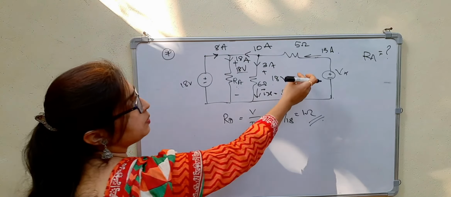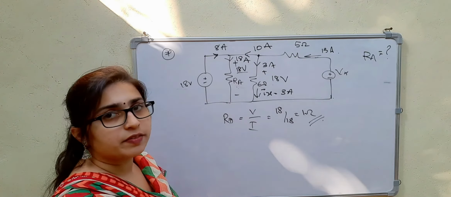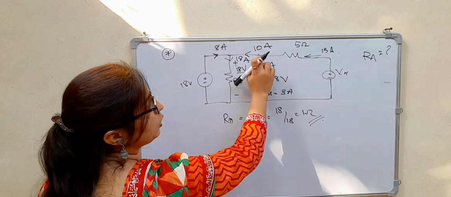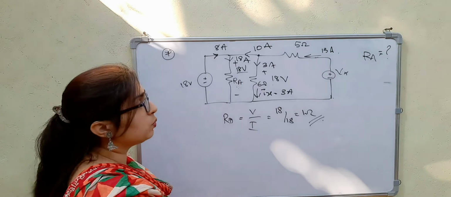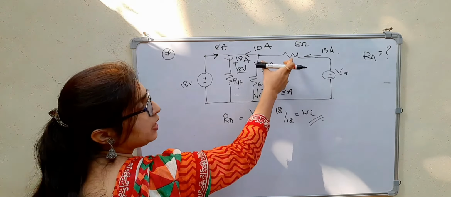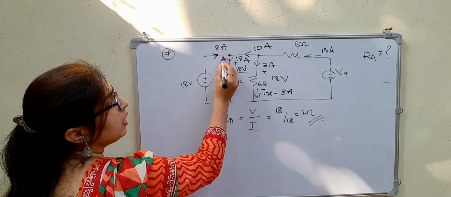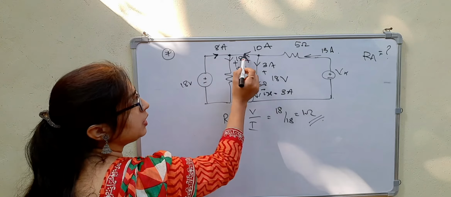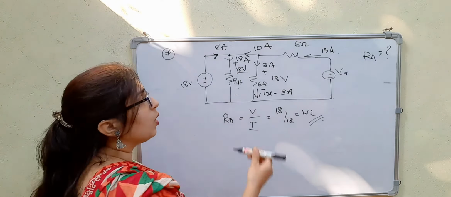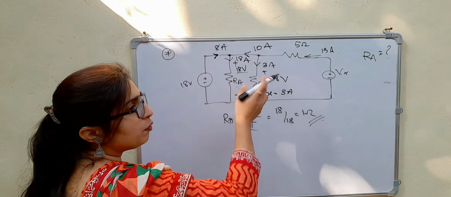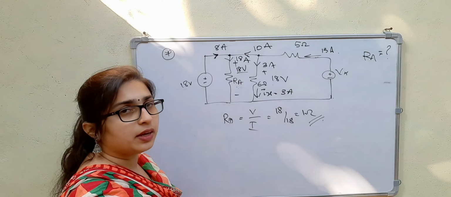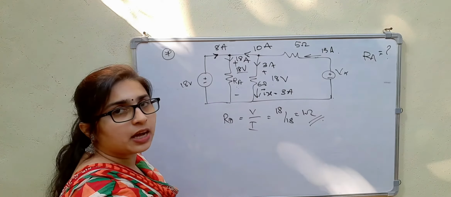Okay. So just remember it is a 13 ampere current which is flowing. So at this particular point 3 ampere is going towards this branch. So remaining is 10 ampere that will be flowing here. At this particular node here we have 8 ampere. Here we have 10 ampere. So the sum of incoming and outgoing currents will be equal. So that will be 18 amperes.